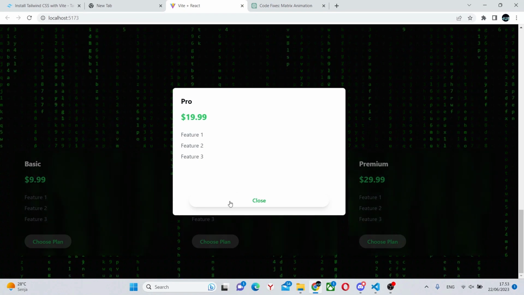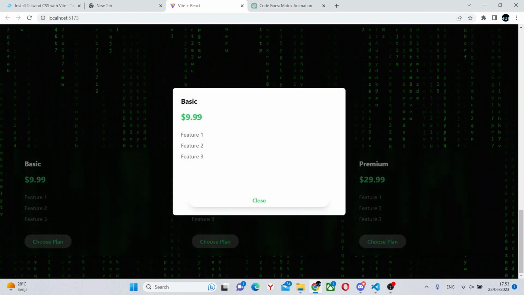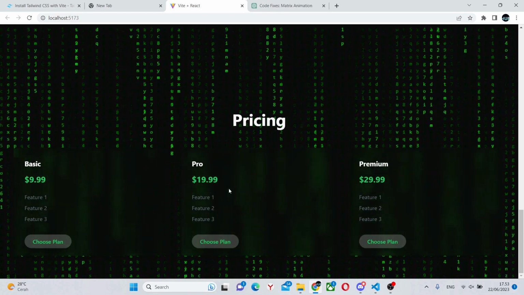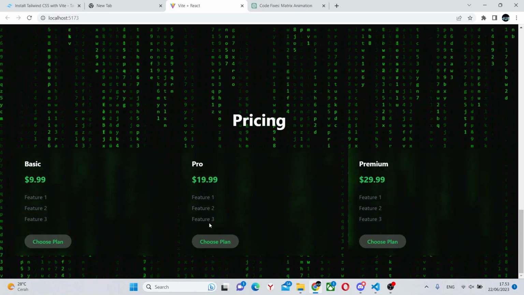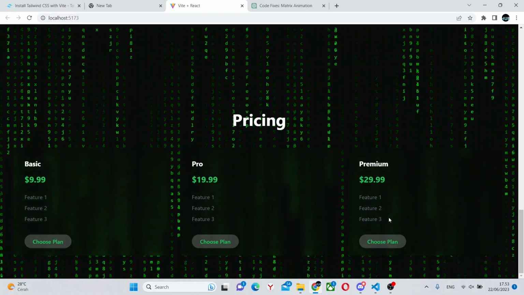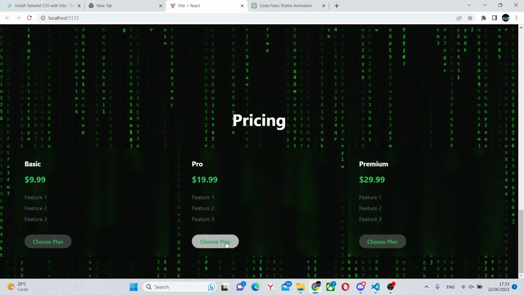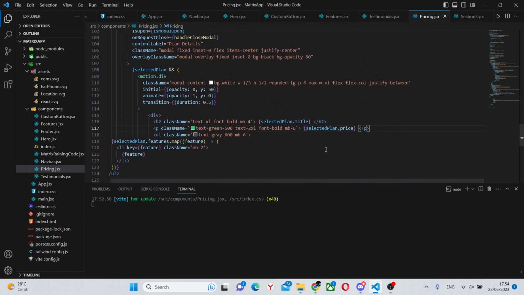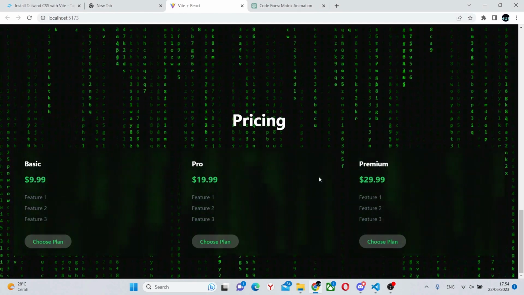As you can see, now for every single option, we have a different price, different features. Currently, they're all the same because obviously we didn't change anything. We simply added feature 1, feature 2, and feature 3. But in a real application, you can make options for themselves. Also, you can make, for example, a fourth option, with some more detailed description, which should be in the modal, and add it somewhere over here, under it. Currently, we're not going to be doing that. Otherwise, the pricing section is fully done.